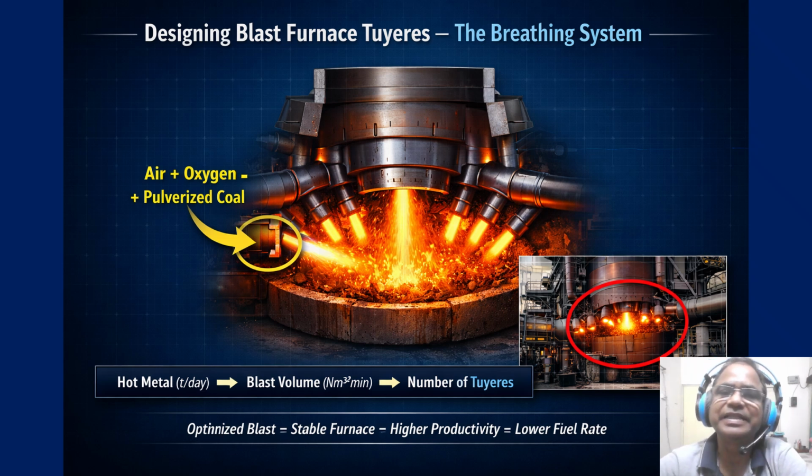This slide sets the foundation for the Tuyere design. On the left, the glowing section shows what happens when the blast is insufficient. That is, low raceway temperature, poor coke combustion, incomplete reduction, and poor gas utilization. On the right, the orange-red section shows the opposite extreme, excessive blast causing high pressure drop, unstable burden movement,